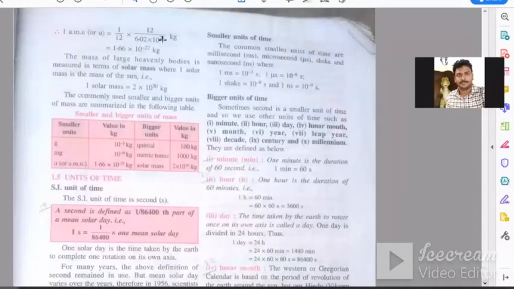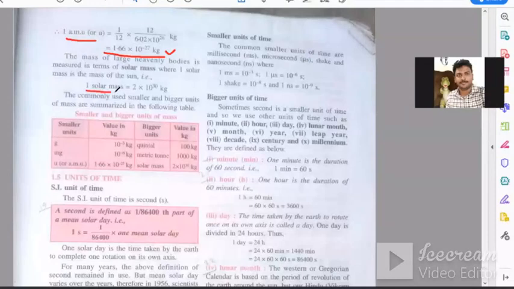Now next thing we are going to talk about is the atomic mass unit. Atomic mass unit we have heard in chemistry. The mass of atoms, the mass of electrons, protons and neutrons are measured in atomic mass unit. The mass of one proton is said as 1 AMU, and it is written as 1.66 into 10 raised to the power minus 27 kg. So this is a very small unit of mass. They are telling about the mass of one proton. See, very small. We cannot even see them. That much small it is.